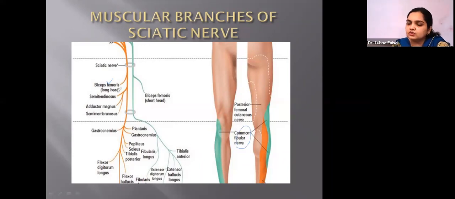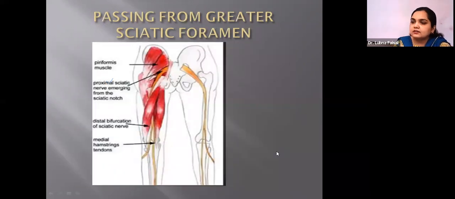This is another division of the sciatic nerve, and this division occurs in the popliteal fossa. This popliteal fossa is present on the posterior surface of the knee joint. We will study the popliteal fossa in our upcoming lectures. For now, just know the course of the sciatic nerve, and how it divides in the popliteal fossa into two further